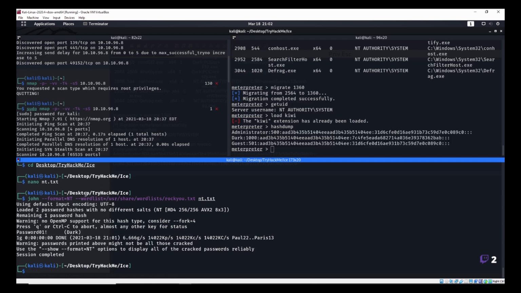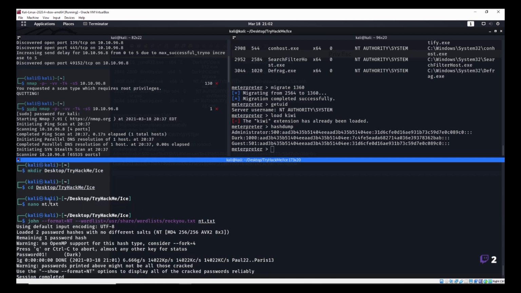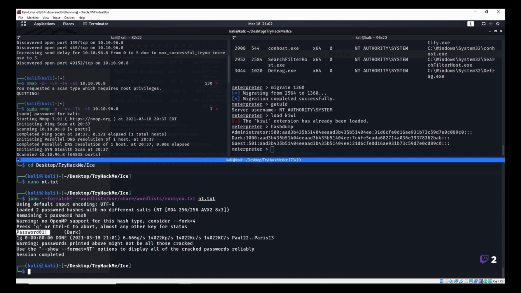So as you see right here, what I ended up doing was taking the hashes from that hash dump and putting them into a text file, and then using John with the format NT and a word list, because it's Windows 7, so I know they're using NT. That's why. So I got that word list right there, and let's go against NT.txt, and we get password